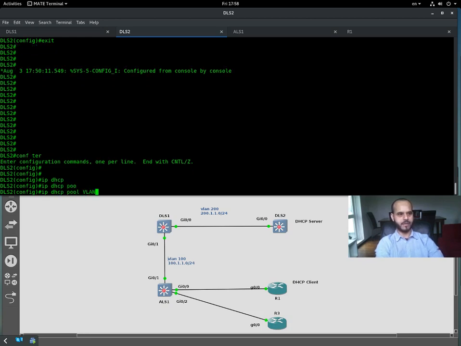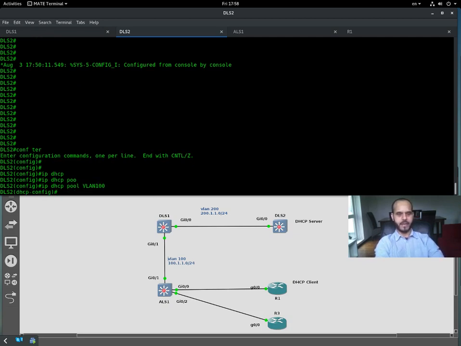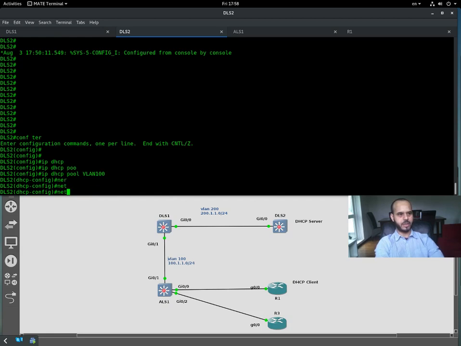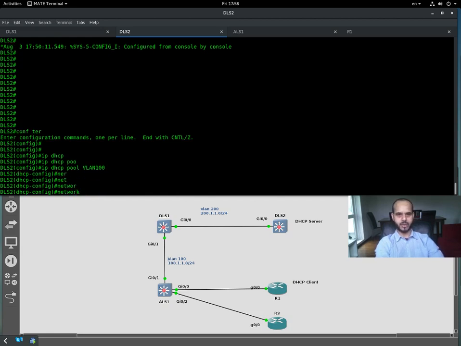Let's name it VLAN 100 pool. Then I need to issue the network command. And what is the network that we're going to allocate? We're going to allocate IP addresses from VLAN 100 that is configured on DLS1 and ALS1,